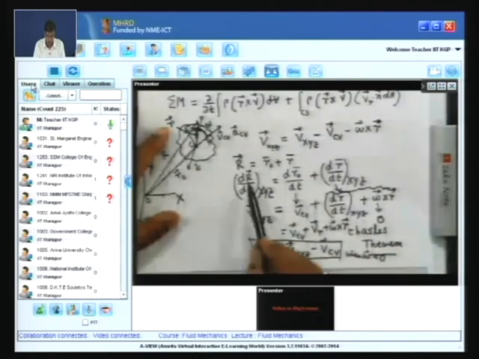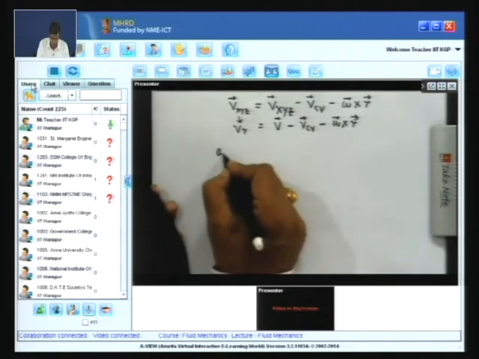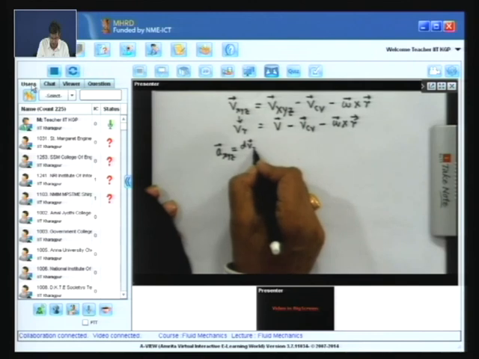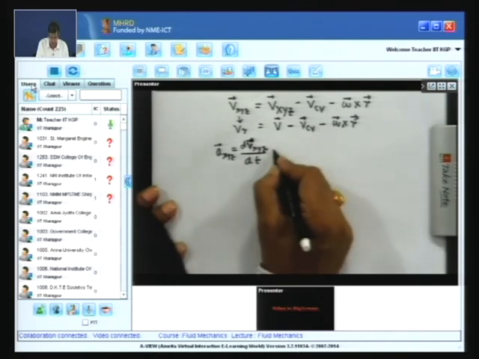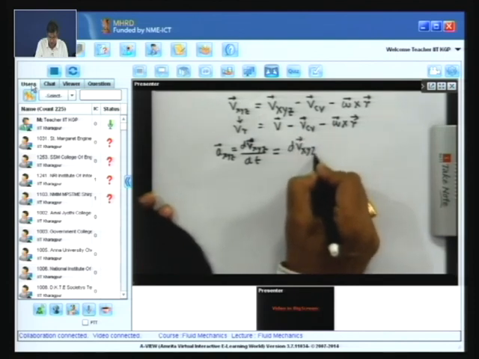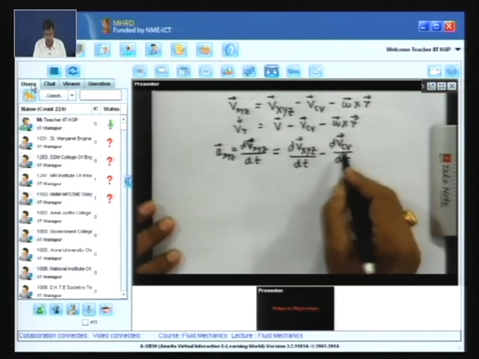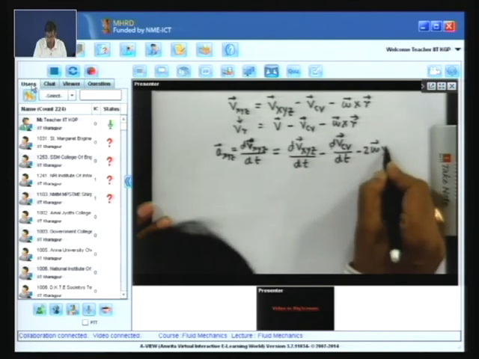I tell you a hint, for your exercise, and it is done in my book also: you have to take the derivative here, and then applying Chasles' theorem, one can get that Axyz, which is equal to dVxyz dt, equals dV, that is the acceleration with respect to the inertial frame of reference, minus dVcv dt, that is the rate of change of velocity of the control volume, minus 2 omega cross V